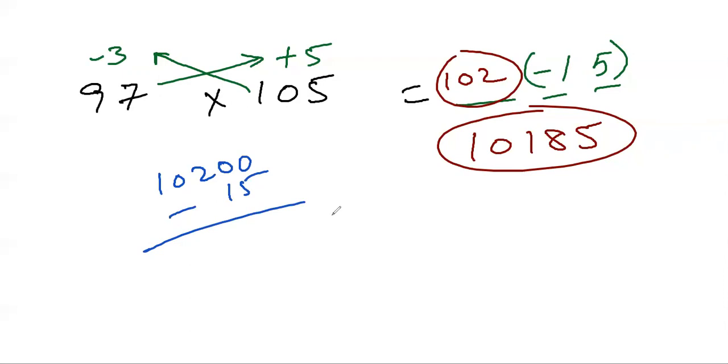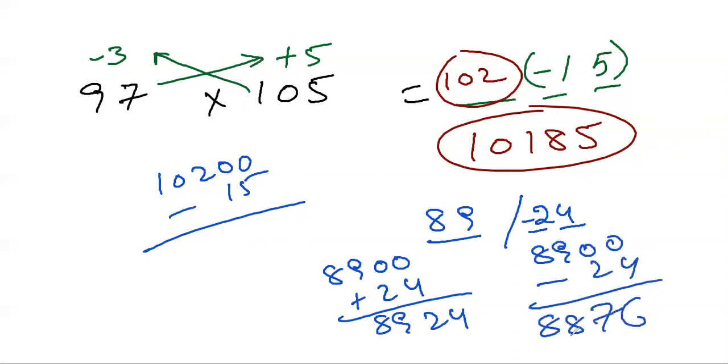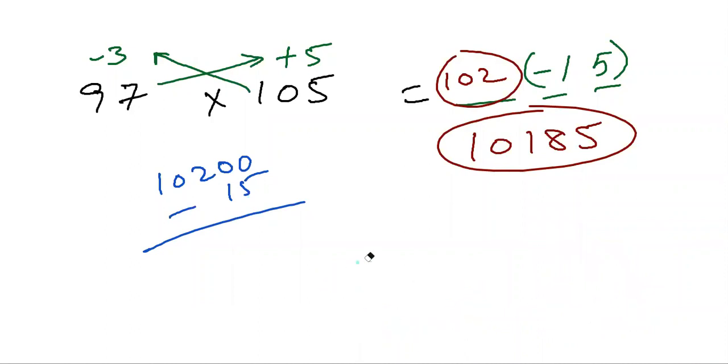Sir, how does this happen? In the previous cases also, you are having 8924 in the initial cases. One answer is 7924 or 8924. One answer is 89 here and we are writing 24 here. Actually, these are not two different parts. 8900 is this value and after that we are adding 24 because the value is plus. That's why 8924. If it is minus 24, what will we do? 8900 minus 24 we will do. That is 8876 you will get. Are you following it? The reason behind it is this one. Then here also the answer is the same.